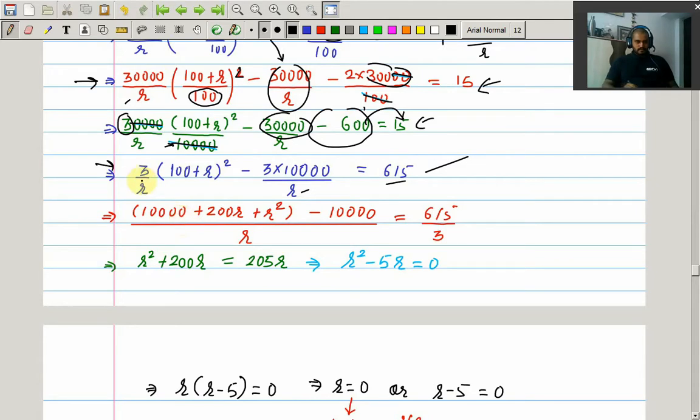Now, I have taken LCM on this side, which is R. This is the LCM. And this 3, which is here and here also, I have taken common 3, and then it shifted into the denominator in RHS. So then simplify, this 10,000 cancels. We have only R square plus 200R,